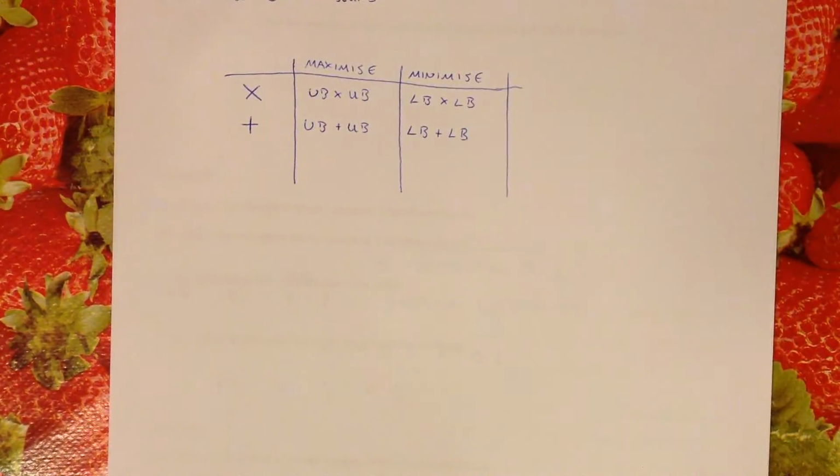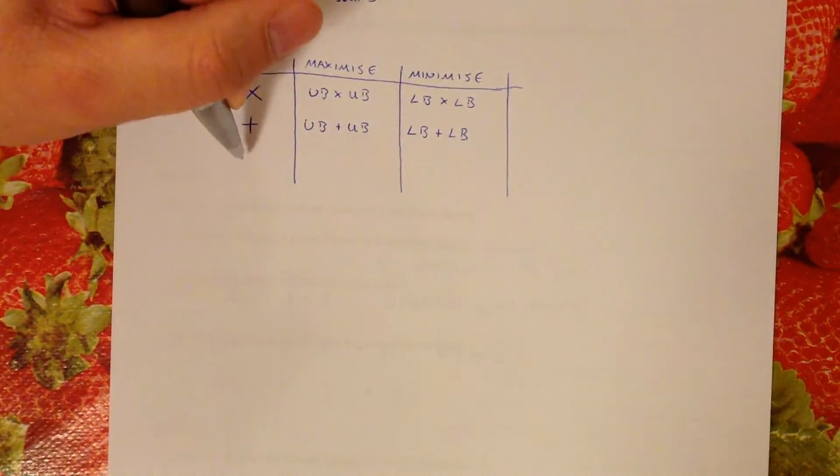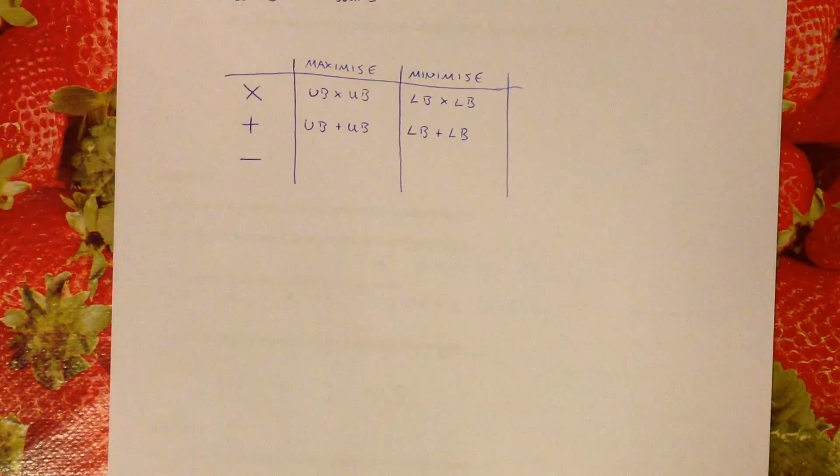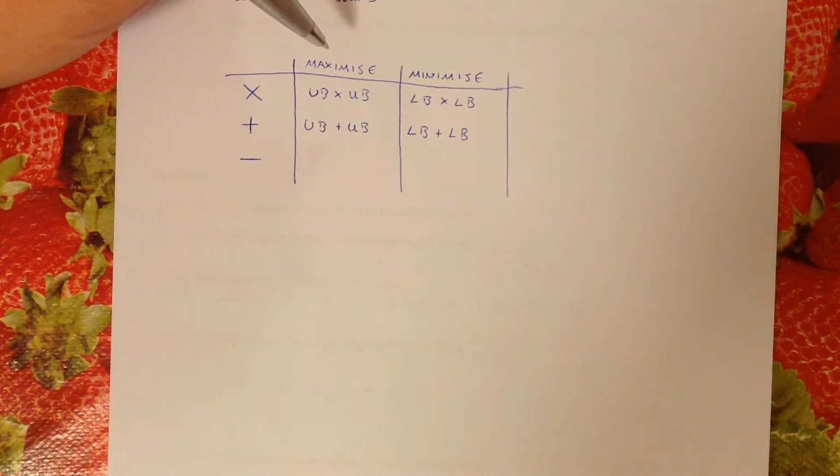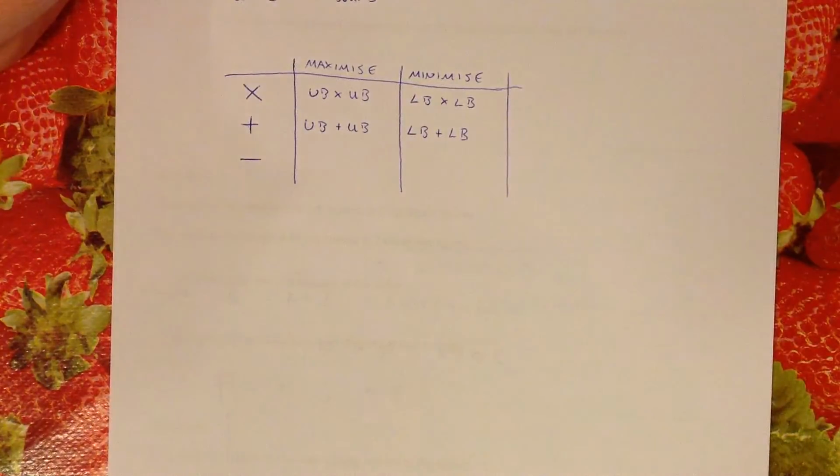If you're going to try and get the smallest amount possible, or minimize your answer, when timesing or adding, use the lower bounds. Subtracting, however, let's think logically. If I'm going to subtract one number from another and I want to maximize my value, I want to get the biggest answer possible. What we're logically saying there is we want to get the biggest gap between the two